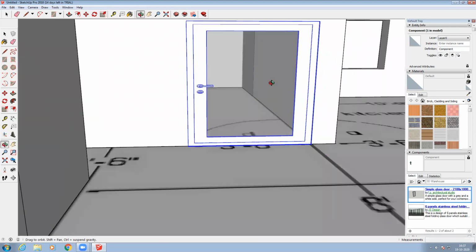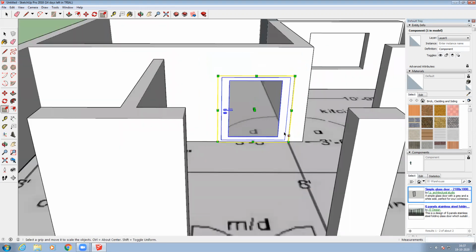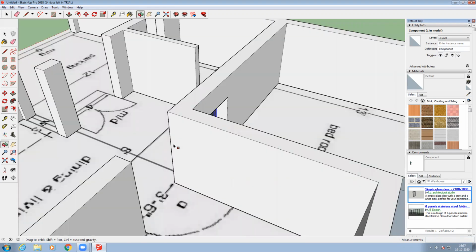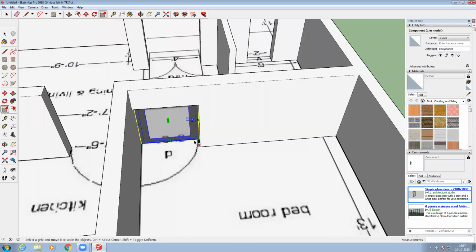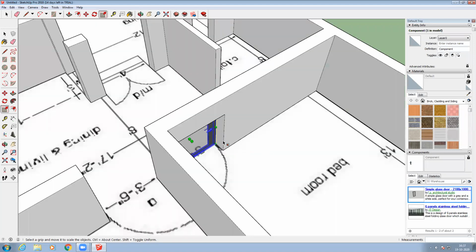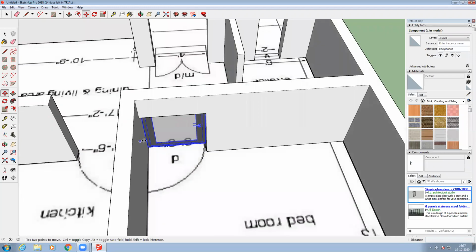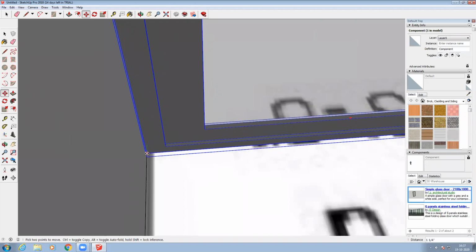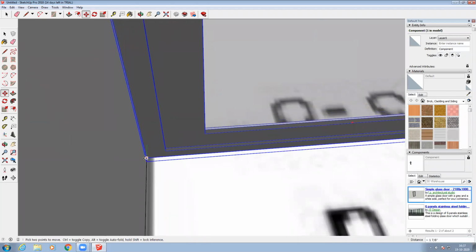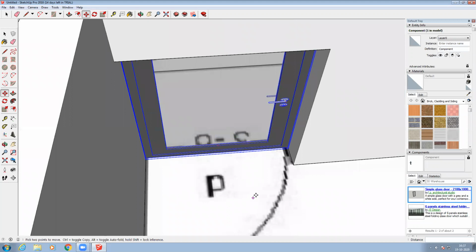So you can see the door is fixed now. Just see inside how it looks. You can see the space is more here, so I can move it to the middle. I just click over here and move like this.